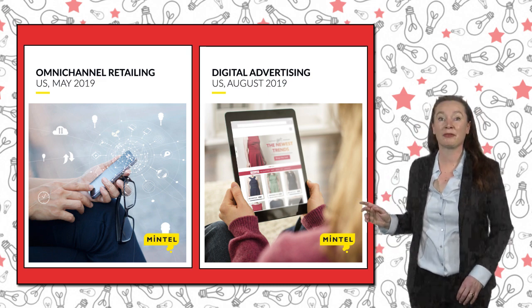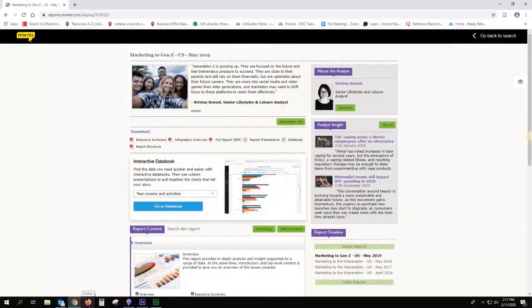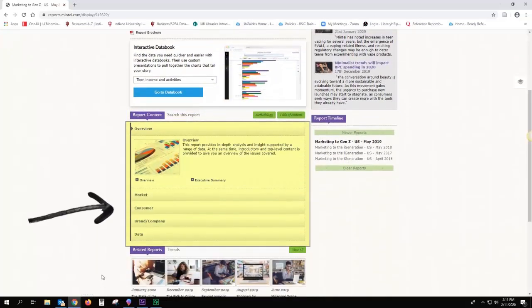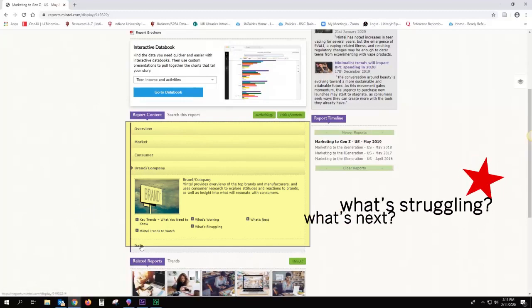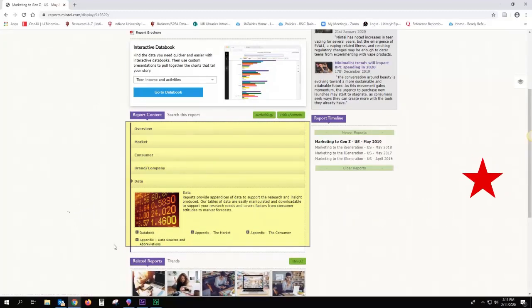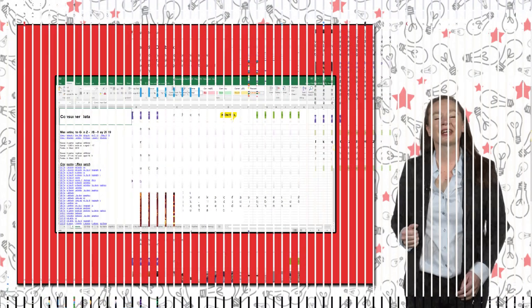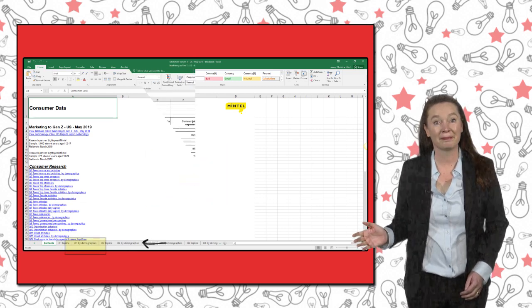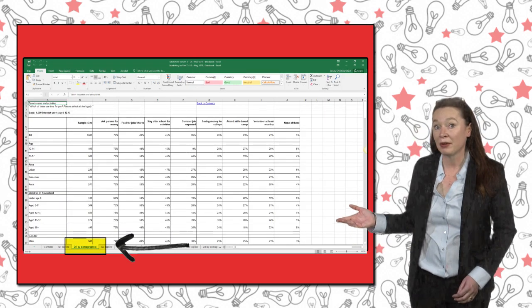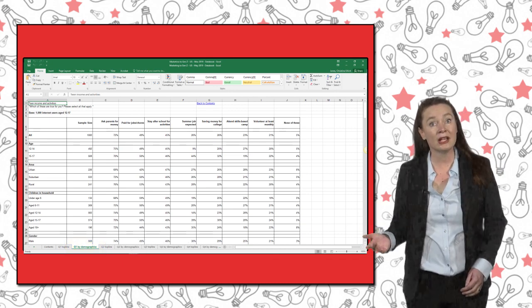An invaluable Mintel report for this case is Marketing to Gen Z. Let's take a closer look at this report. See the subsections under each tab for report content to discover what's working, what's struggling, and what's next. You can download Mintel's data under the Data tab. The Data Book is an Excel workbook that contains all of the survey data for the product category. In the By Demographics tab, you can look to see how various groups of Gen Z consumers responded to each